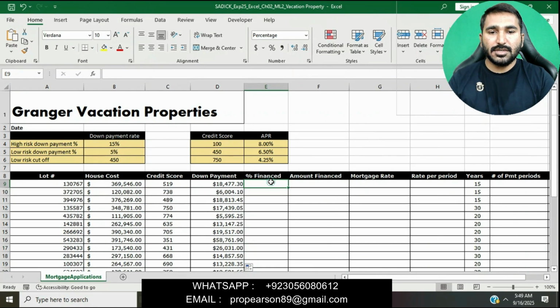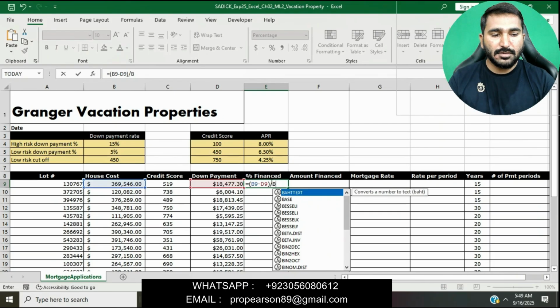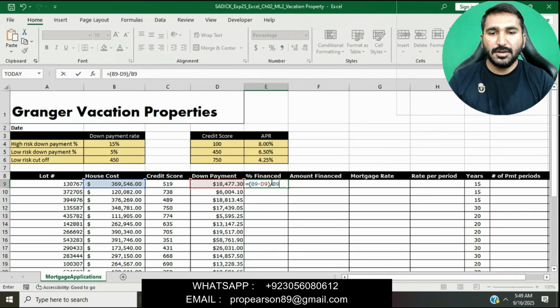We will click on cell E9, press equals, and then enter the formula given in the question: B9 is the house cost, minus D9, the down payment, divided by B9, the house cost. Then we will press enter, and it will find the percent financed.